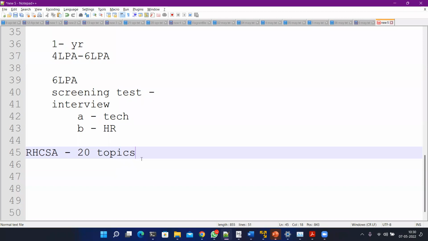Yes, books are there, you can read. I will share all the books with you, but I'm going to teach you as per my experience, so that you're able to clear the exam and also clear the interviews. And when you get a job, you'll be more comfortable working in the companies, and you will not feel that you're in an unknown world. Because when a fresher joins a company and logs into the server, they're actually confused even after clearing the RHCSA exam. Most of the time people are confused about what to do and what not to do.